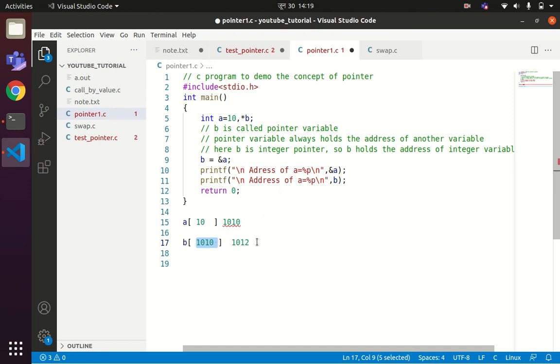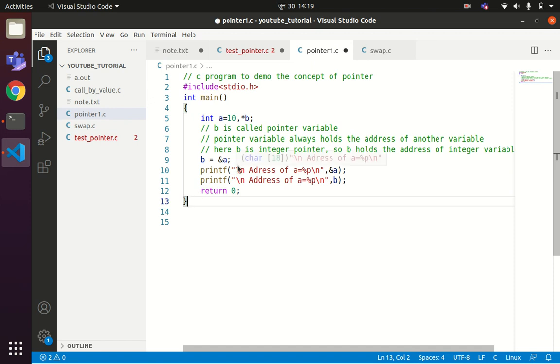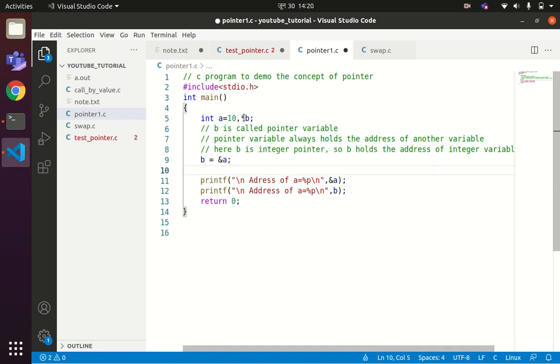Now I hope every one of you has understood the concept. If you are familiar with this concept, we can introduce one more term here. Similar to ampersand, there is another operator called the star operator.